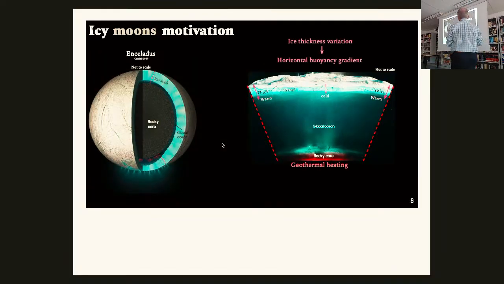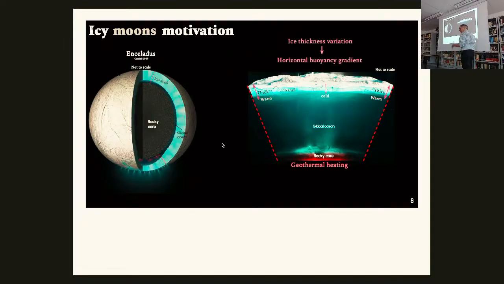And here's another motivation, which is the one that really is driving the setup of these numerical experiments. This is one of the icy moons in the solar system. This is Enceladus, but what I'm talking about is relevant to the other icy moons, which have the structure of a rocky core, an ice shell, no, sorry, the ice shell is this thing, and a global ocean. We know these things exist based on various measurements from planetary missions. Enceladus in particular has these jets of stuff coming out near the South Pole. People have measured what's in that. It's mostly water with interesting other bits.